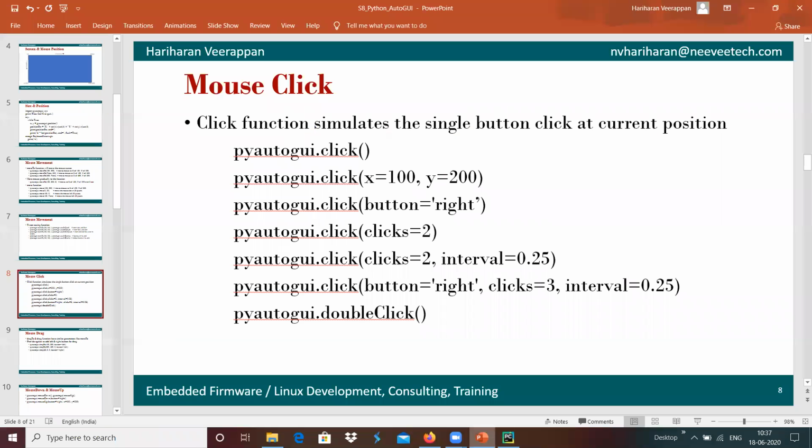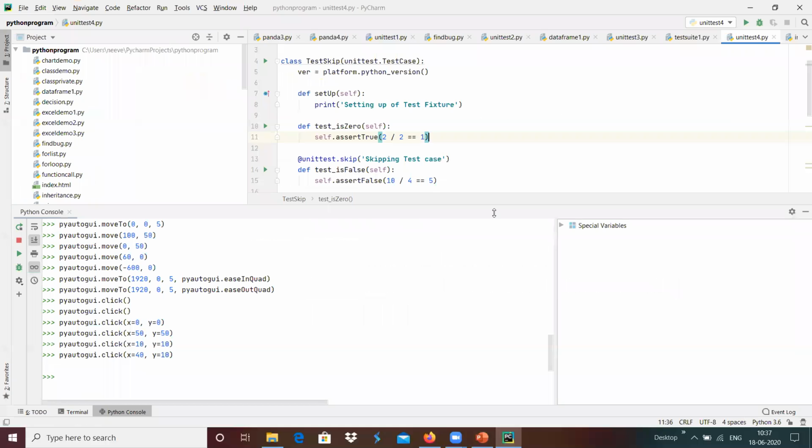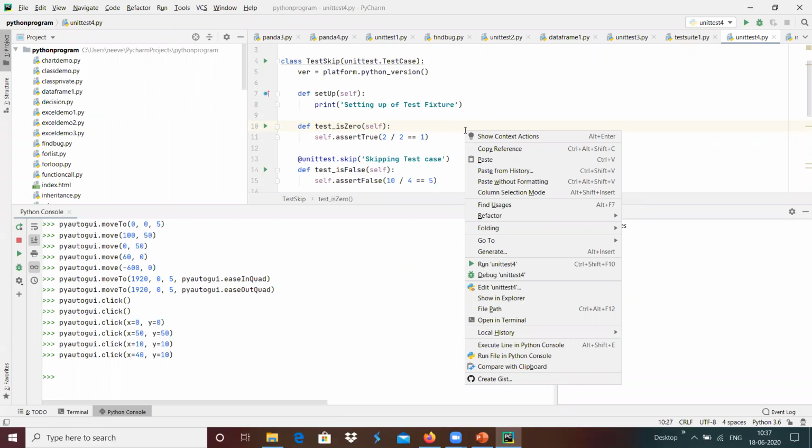And for example, we can also generate a right click option. We can generate the right click button events. Whenever we do a right click over here, that same event can be generated with the help of PyAutoGUI in a programmatical manner.